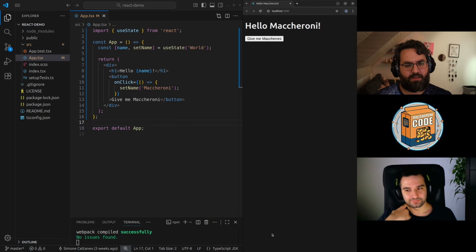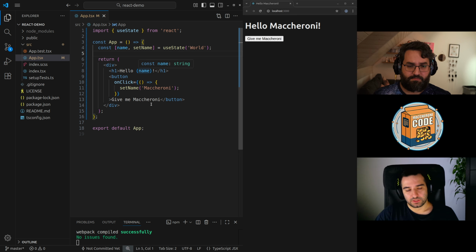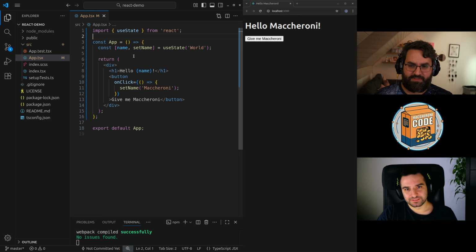Okay. So, could you explain a bit more how calling set name, changing this state, actually triggers a re-render? Yeah, it's something that happens internally in React. When you call the set name of the use state, that hook has some mechanism inside that causes a re-render. In other words, they call that app function again, and this return will be rendered inside the browser. Okay, easy. So does it mean that every time I change something, I'm recreating the entire DOM?